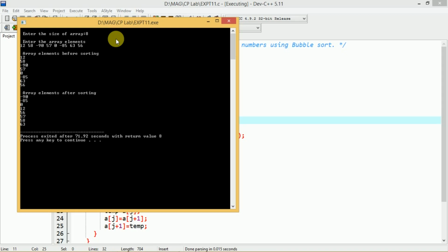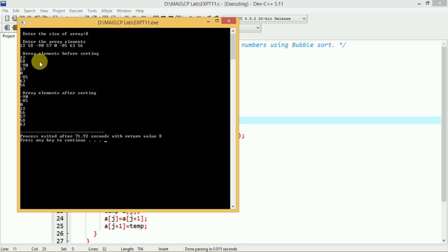After this, you just see the array elements before sorting. Before sorting means as it is we display the elements whatever we have read. First it will display 12, after that 58, minus 90, 57, 0, minus 85, 63, and 56 as it is.